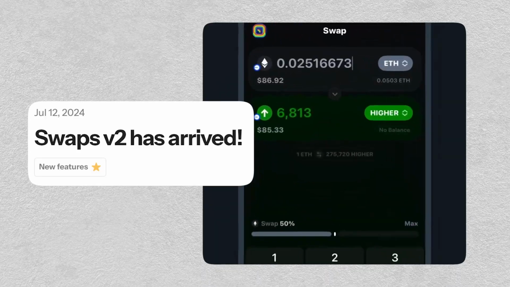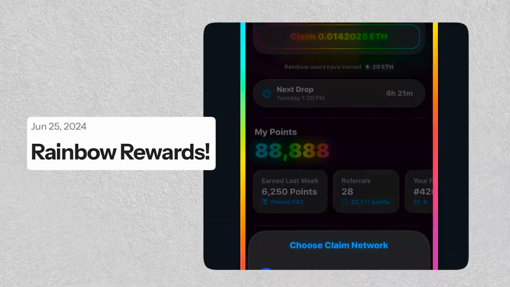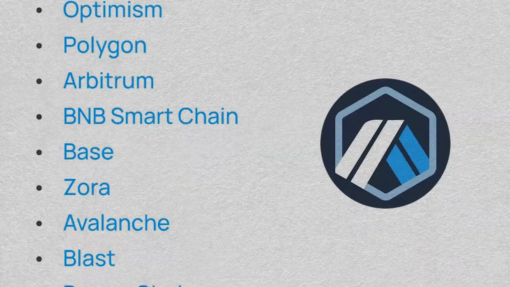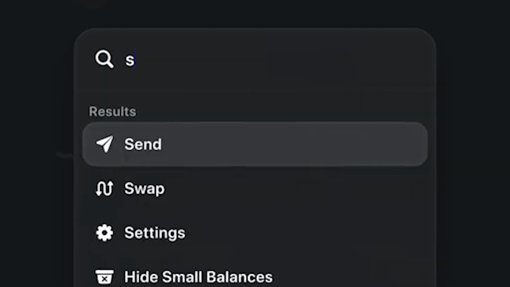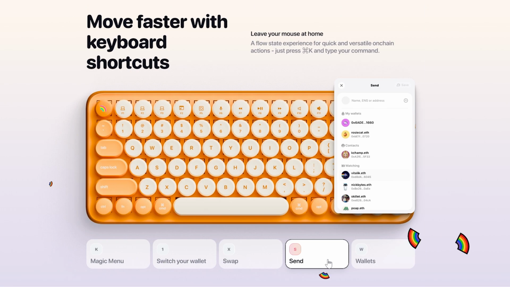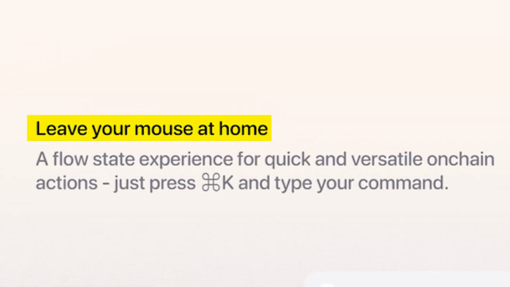The team behind Rainbow has been hard at work in 2024 to deliver perhaps one of the most seamless EVM wallet experiences that we've tried. Rainbow has the obvious stuff. It supports a slew of major EVM chains and L2s, a full suite of NFT management features, swapping, bridging, and also hardware wallet support. But with extensive hotkey integration, it is perhaps the first wallet extension that you can use